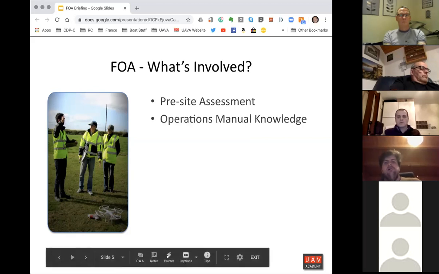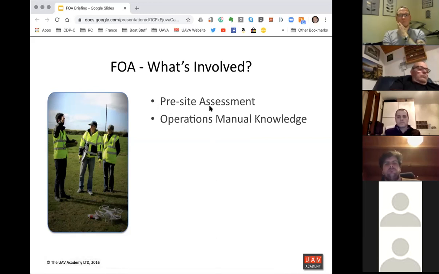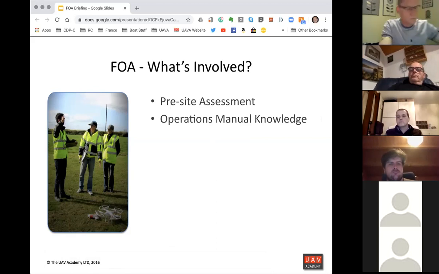Okay, so what to expect? Well, the first thing is we do expect you to do a pre-site assessment for the location where you're doing your assessment. So you'll be tasked with a really simple mission, which I'll talk about later on. You don't really need to worry about what the mission is before you arrive, but go through the process of planning the operation. So use Google Earth, check out the airspace, have a look at OS maps, do everything that you can. I've gone through that in the operations planning lesson, but also in the video that